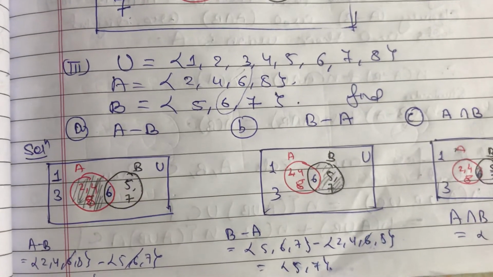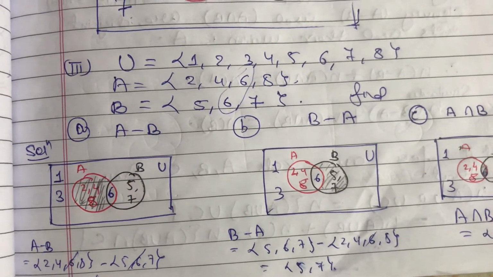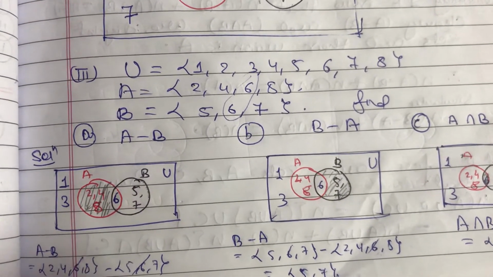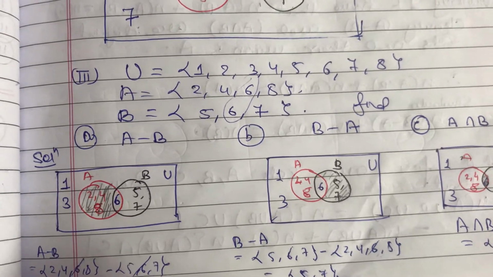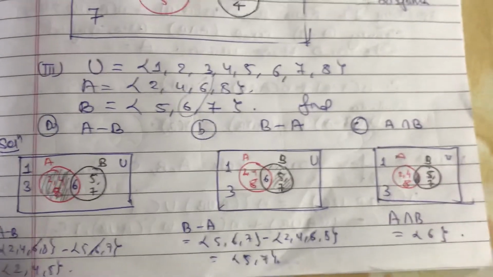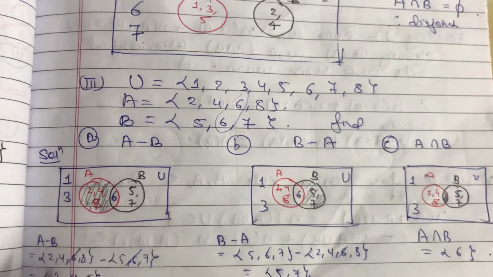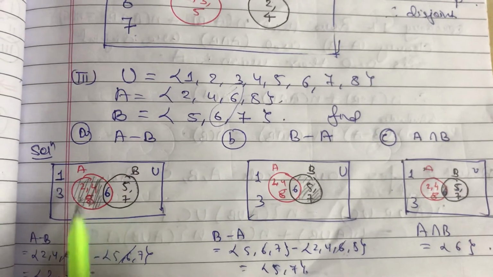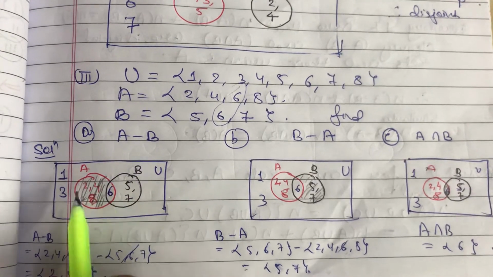It's not important to always use a colorful pen to represent. Here I have used it because you are beginners, and this will help you understand the concept in a better way. You can use a blue pen only to represent all the sets. But you have to be very careful while shading the area.